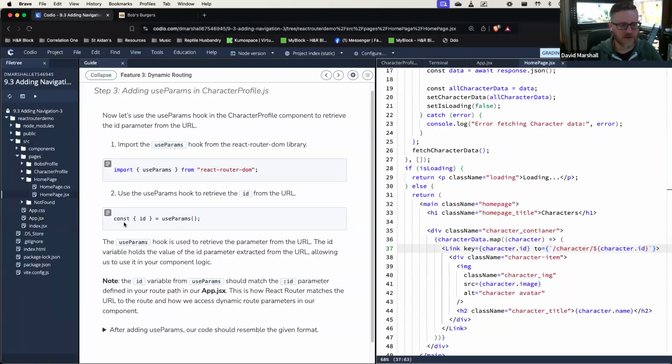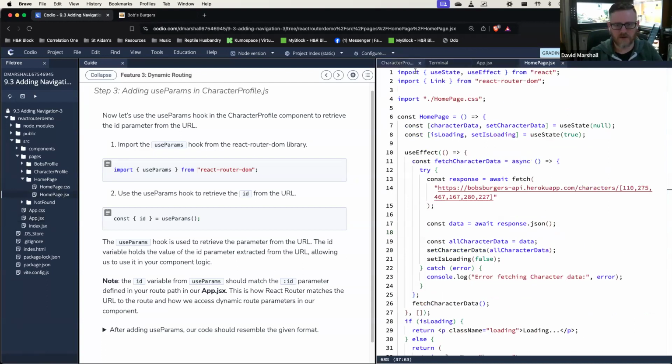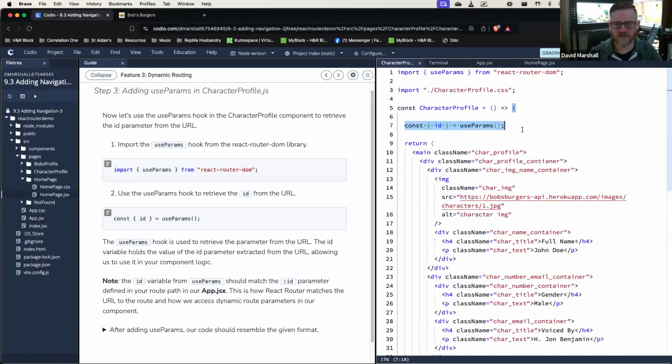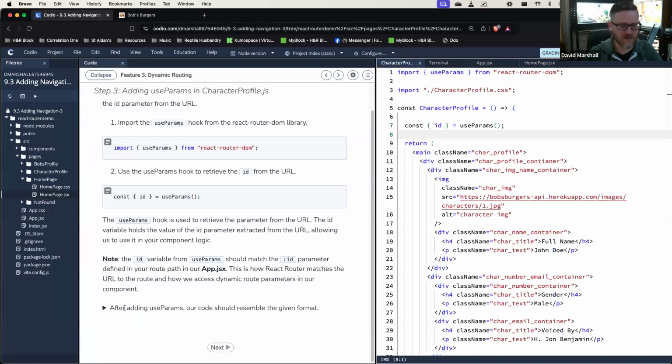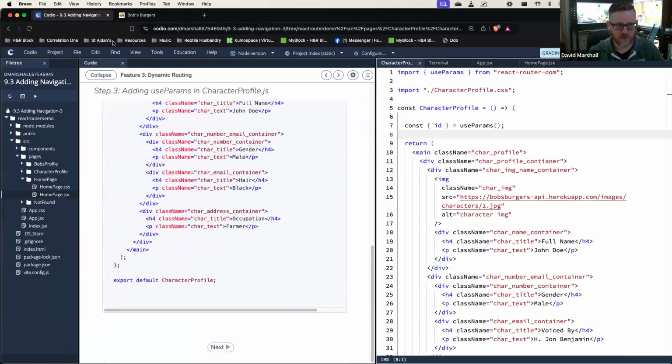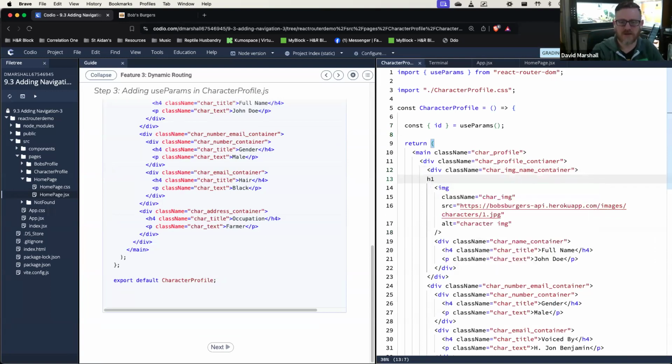Okay, so in our character profile, we have const ID because we're getting that from the param. We're using the useParams hook. It says, hey, there's an ID attribute. Cool, we can use it. Okay. So we know it's working because, well, what could I do? I could go in here. I can make an H1. Okay. Let's do an H1. Oops. And I could do ID